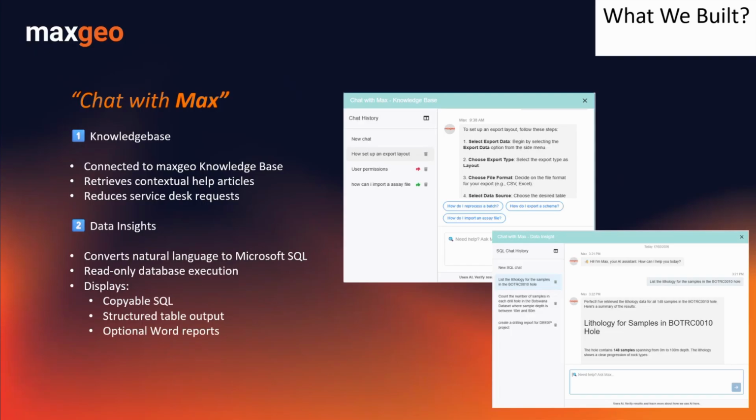We've coined them Chat with Max, so you will see a little icon, and I'll show you how that looks when you get into Datashed 5, and you'll have two options to choose between. One is obviously the knowledge base, and one is your data insights. Now, the knowledge base, as I mentioned before, is basically OpenAI, which is directly connected to our knowledge base